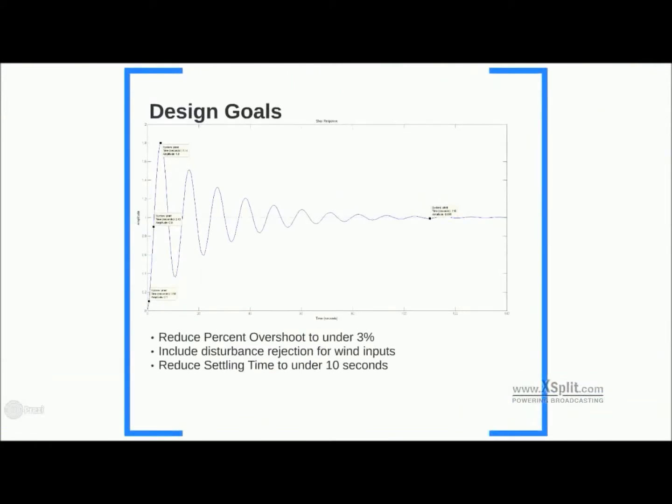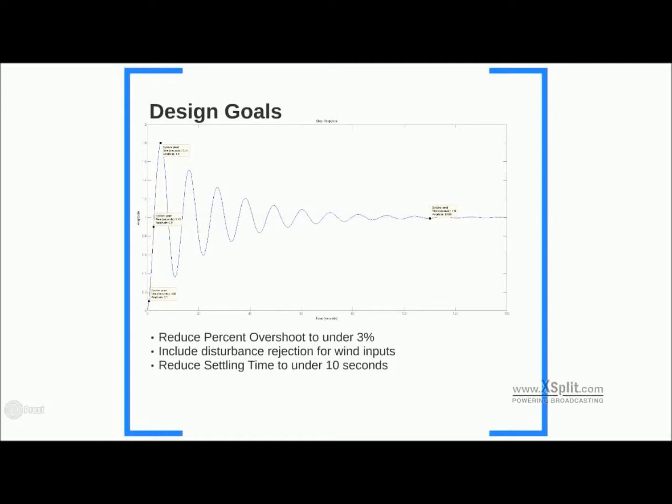However, this does not mean that our design goals are met. As you can see, we still have a very high percent overshoot and a large settling time. Obviously, this is not ideal for a crane, so we aim to reduce the percent overshoot to 3%. We want to reject disturbance from the wind, as mentioned previously, and we want to get the settling time down